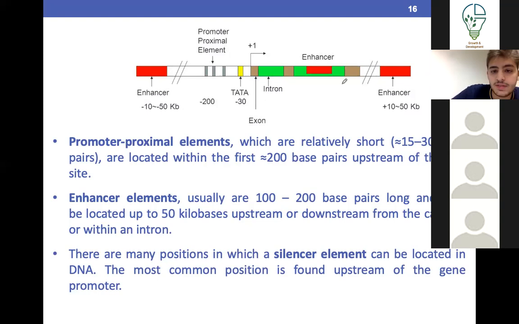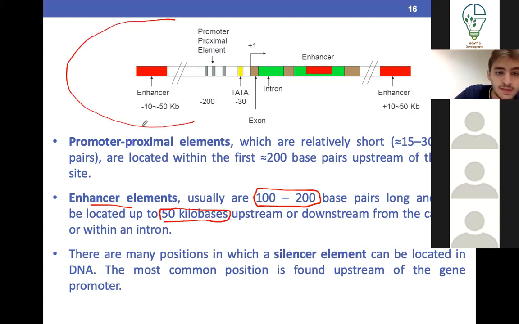Okay, so this is a gene. We've said it's made of exons and introns. Now, an enhancer is usually located upstream. This is a very important distinction. An enhancer is located upstream, and it's usually 100 to 200 base pairs long, and it's located usually 50 kilobases away from the promoter region or the gene. All right, so this is the DNA, this is the gene, 50 kilobases. You have an enhancer. An enhancer is a DNA code, by the way, if you didn't know.